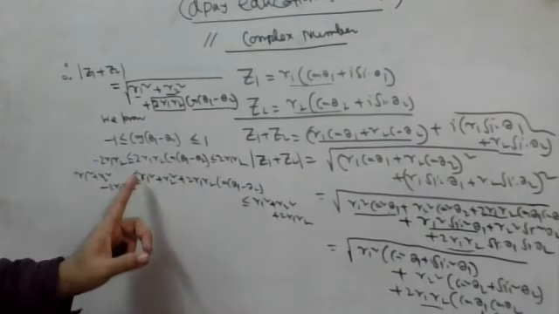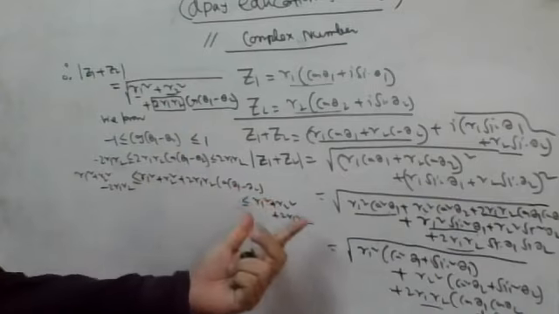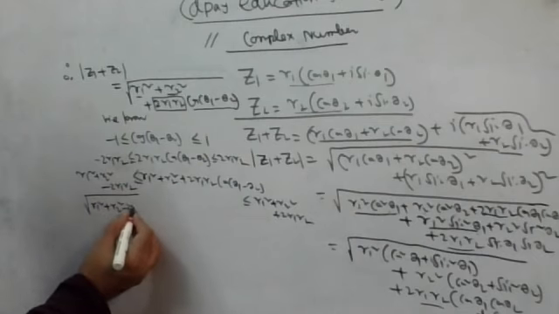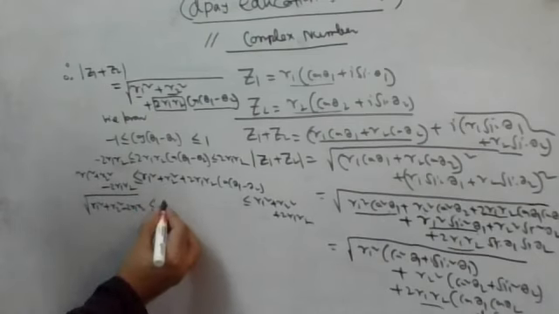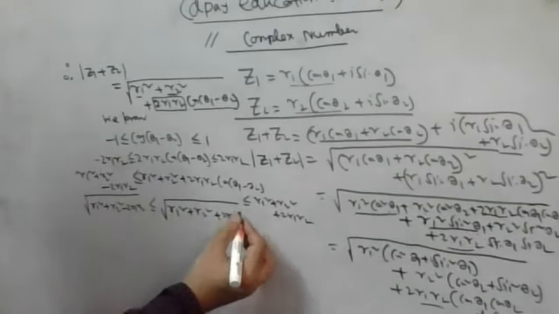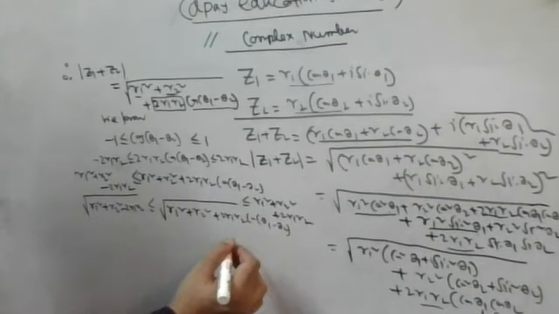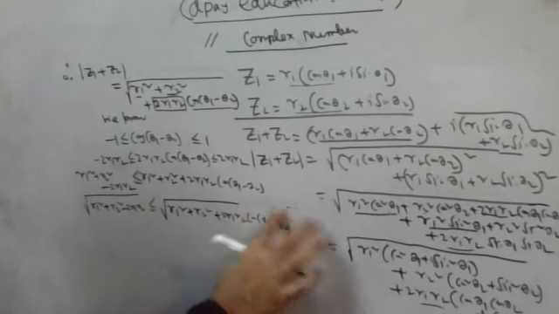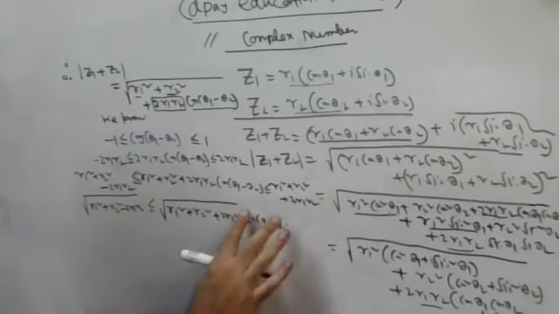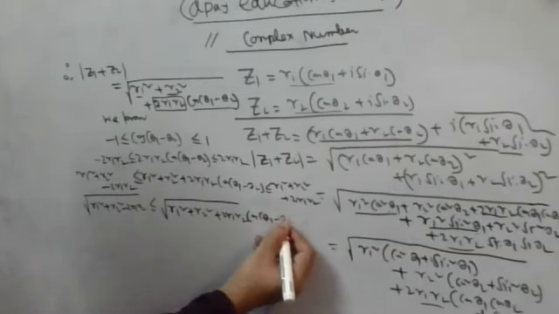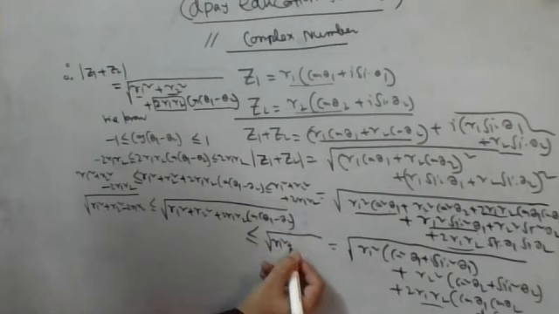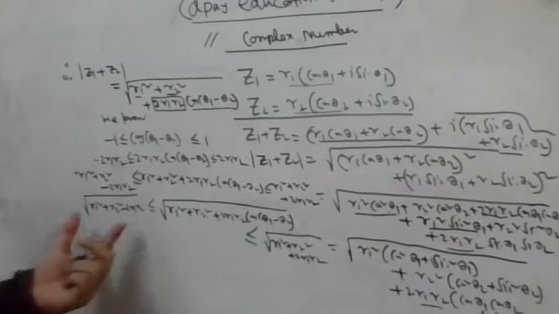Now, to use this result, I need to introduce the square root in the middle term, extreme right, extreme left. r1 square plus r2 square minus 2 r1 r2 is less than or equal to r1 square plus r2 square plus 2 r1 r2 cos (theta 1 minus theta 2), which is less than or equal to r1 square plus r2 square plus 2 r1 r2. See, it becomes clumsy. What about this result?